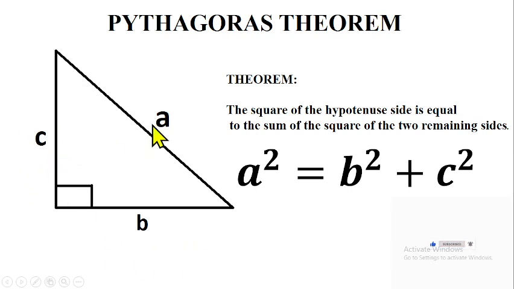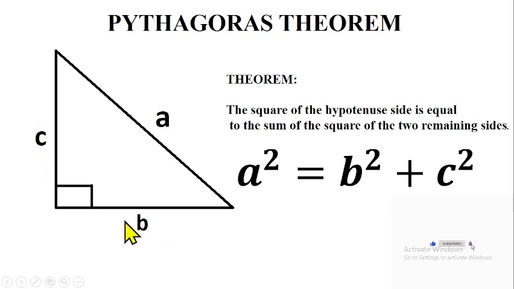That is, the square of this side is equal to the sum of the squares of the two remaining sides. So square this, add it together. It's going to be equal to the square of the hypotenuse side. So that is a squared, the hypotenuse side, is equal to b squared